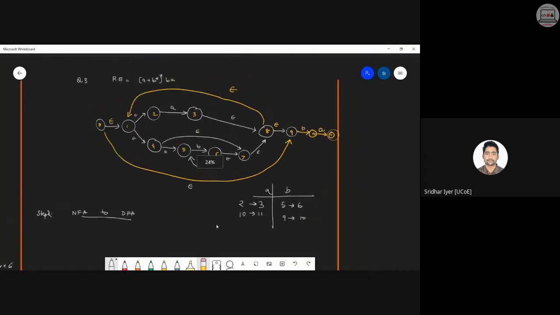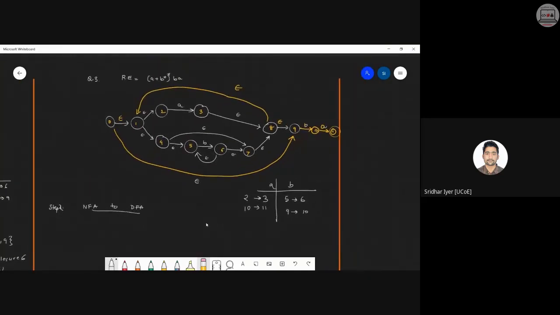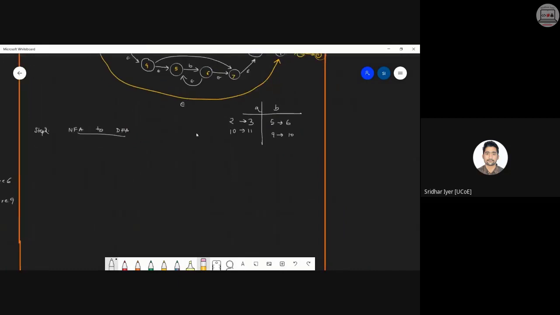You can't have those four inputs in a question. A question with four inputs never comes. Maximum two inputs, A or B. Otherwise, that single question might take 20 minutes or 25 minutes for you to solve. Okay. So kindly solve it. Start solving it, and let me know your answers.